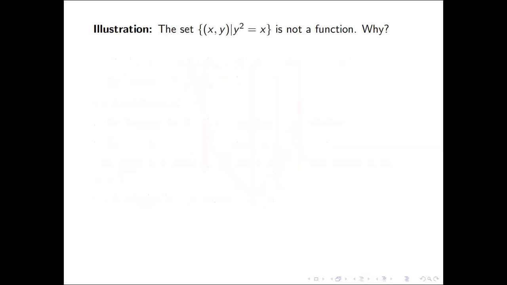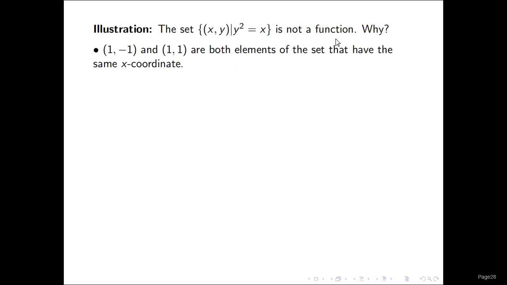So let's give an example of a relation, but not a function. Here, again, x and y are related, but this relation does not produce a function. Why? Well, there are several reasons. One thing is that you can always find infinitely many ordered pairs whose x coordinates are the same. For example, (1, -1) and (1, 1). If you look at these coordinates, they satisfy the relation or the equation.